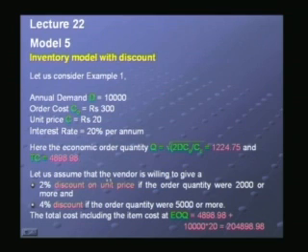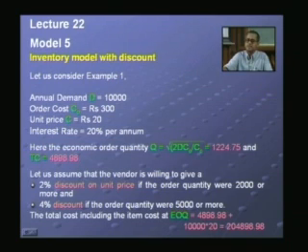So, let us assume that the vendor or the supplier is willing to give a 2% discount on the unit price if the order quantity were 2,000 or more, and give a 4% discount if the order quantity were 5,000 or more. So, let us evaluate whether these two price breaks are favorable to us. Now, without any price break, at the existing price of rupees 20, at the economic order quantity, the total cost including the item cost would be 4898.98, which is obtained from this, plus the cost of the item, which is 10,000 items into rupees 20, which would give us